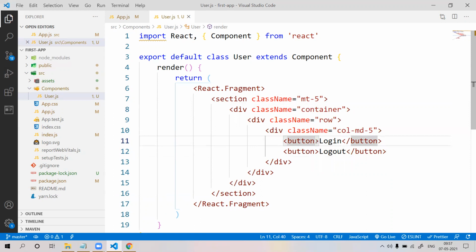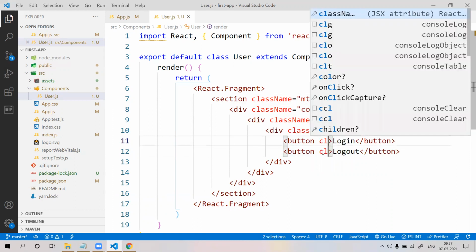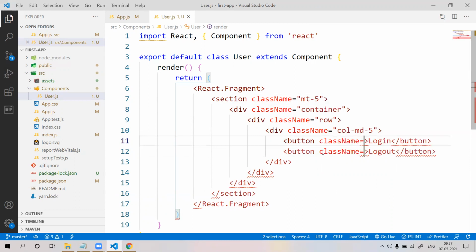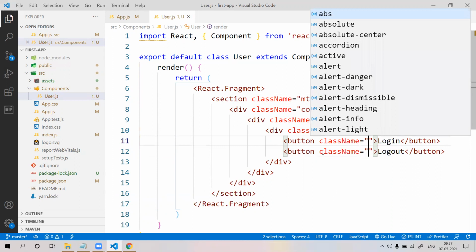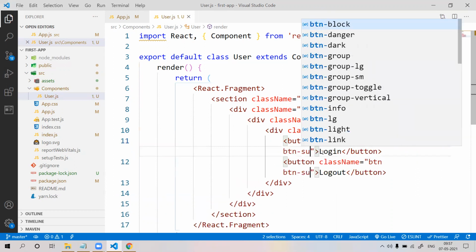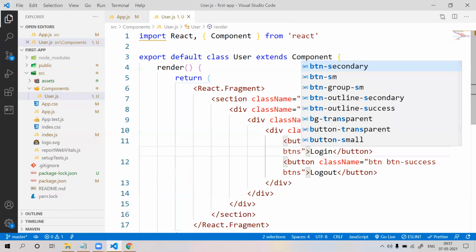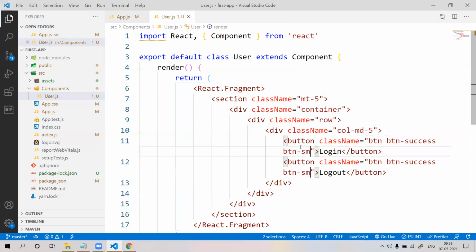Then give them some class names: btn btn-success, or btn-sm. Remove success from here and put danger for the logout button.